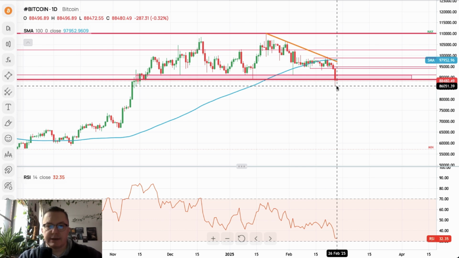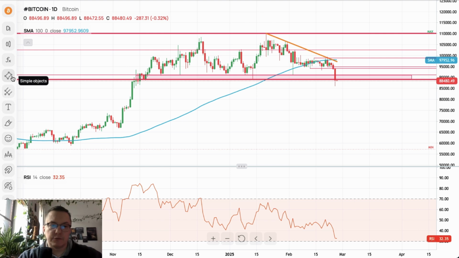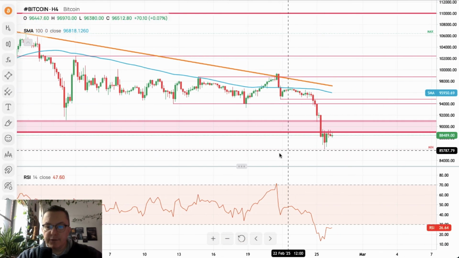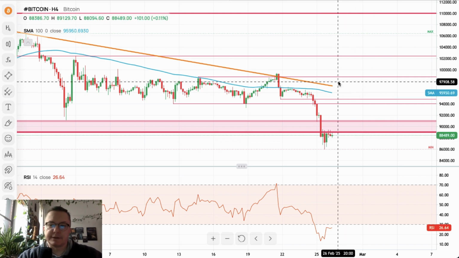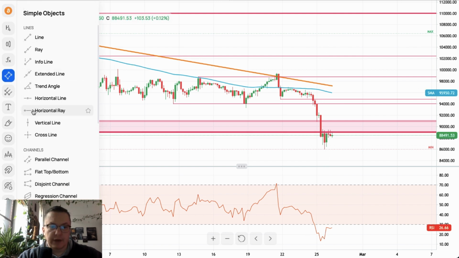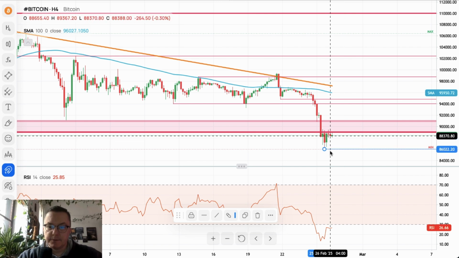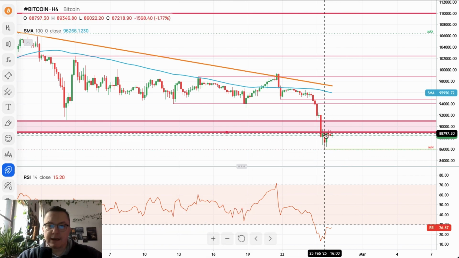Who is in charge right now on Bitcoin? It's quite obvious who is in charge, right? So the bears are in charge, and we should expect lower prices to come if bulls will not get back above the level of $100,000. As you can see already, the bulls tried to move higher after the low was made, 86,022. After the low was made, we got a temporary low, temporary support. We bounced higher, but then again there are some kind of